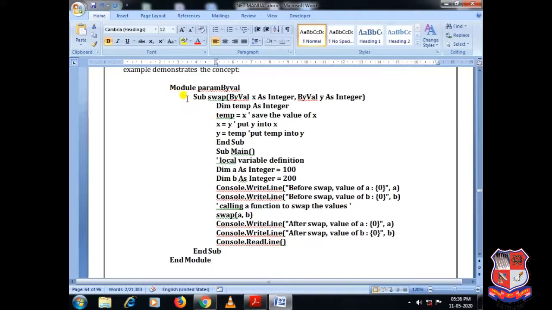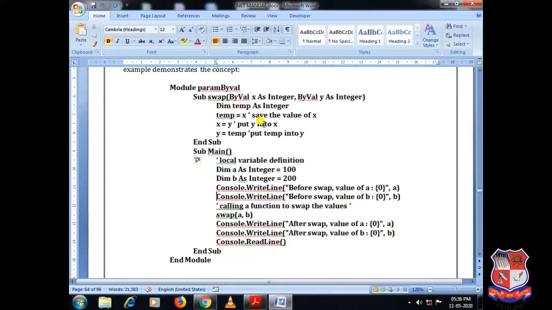As you can see, Sub Swap. Since this is a program of swapping, with which we are quite familiar because we have been implementing this program since our first semester. As you know, the basic problem with the logic of swapping is that when we swap the arguments, the effect of swapping can be captured only inside the function, or you can say the procedure.